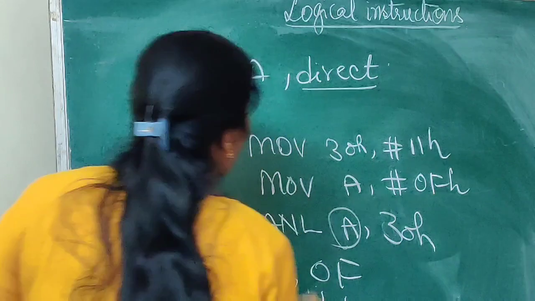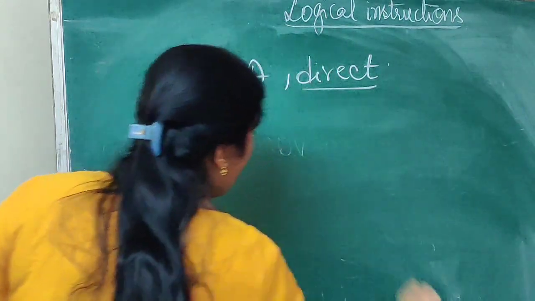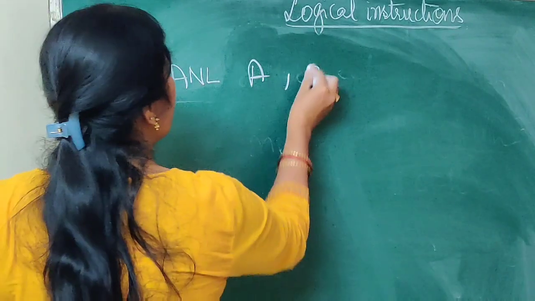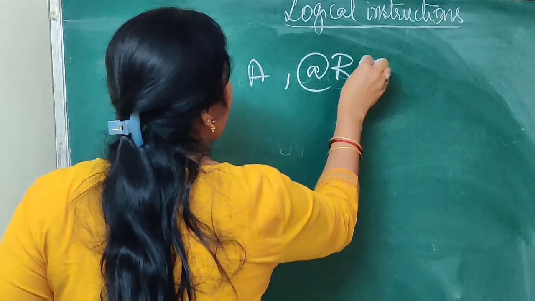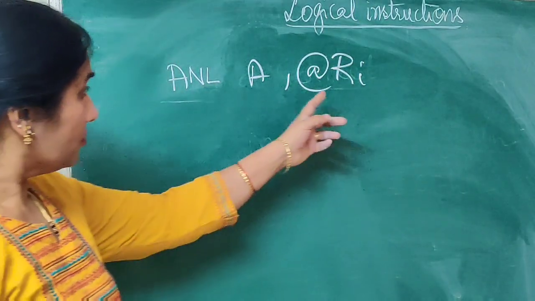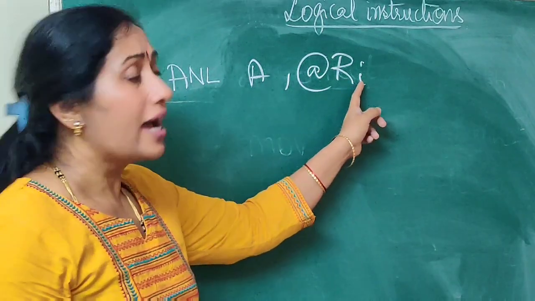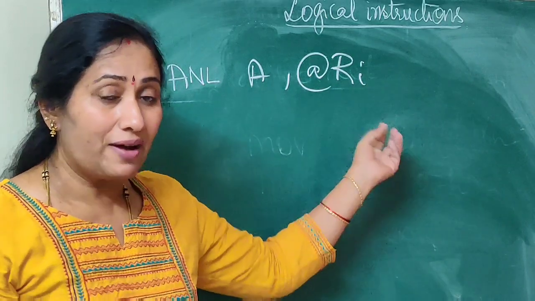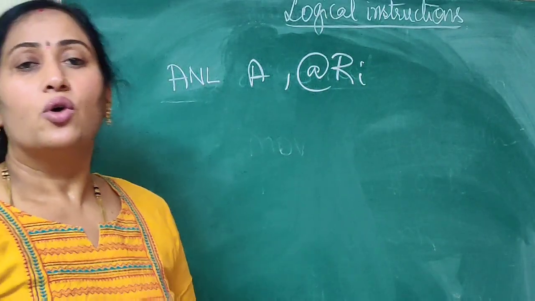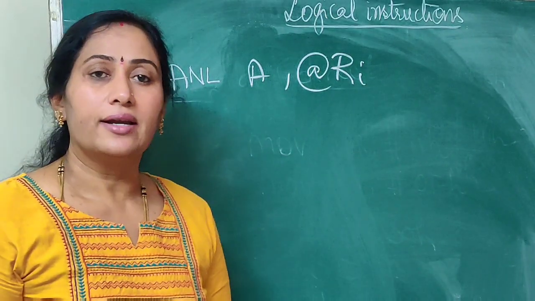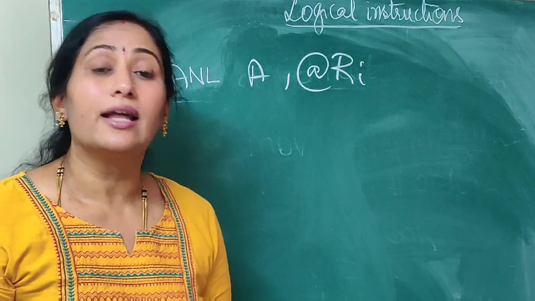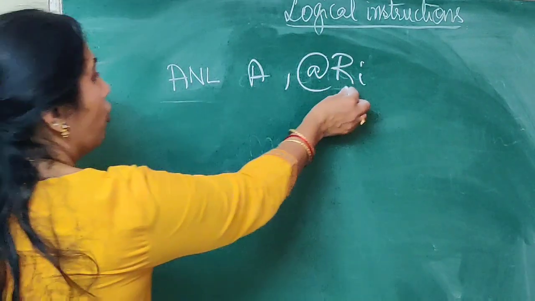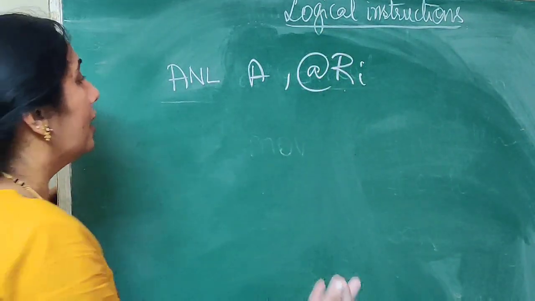Now, the same instruction with a different addressing mode, wherein I am going to specify the source operand indirectly. You can see over here Ri. I can take up the value 0 or 1, because only R0 and R1 are going to be used as internal RAM memory pointers. They are going to hold the address of the internal RAM.